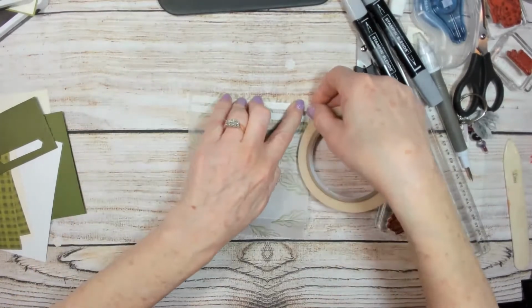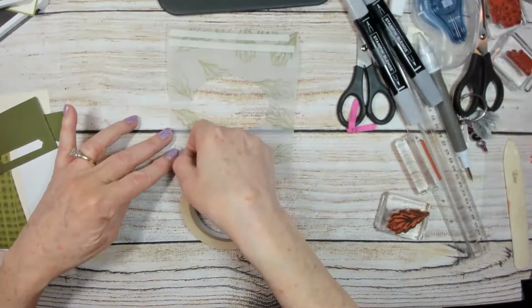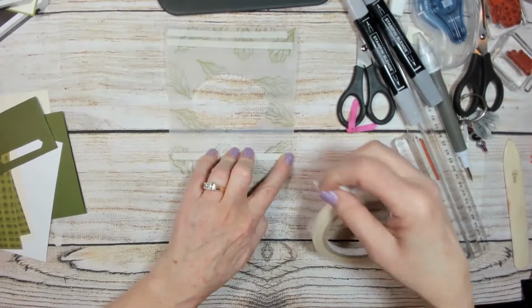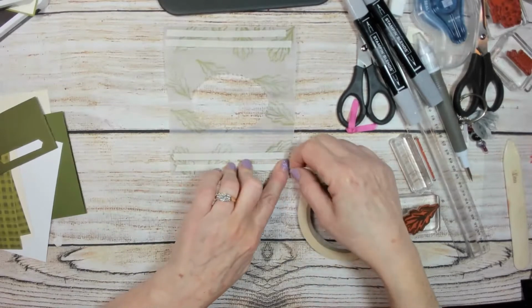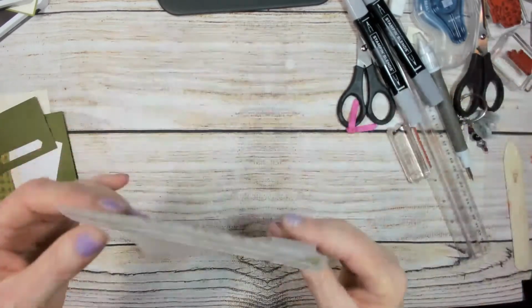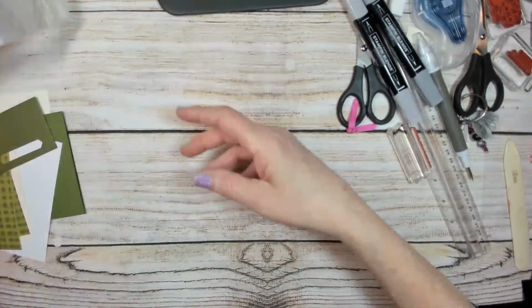The great thing is that this is going to all be hidden, so you won't be able to see it. You won't see the tape. Okay. All right. So we're going to go ahead and put that aside for now because I want to do the inside part